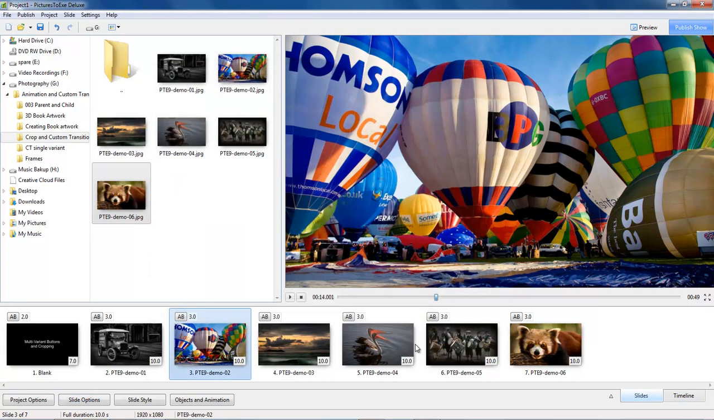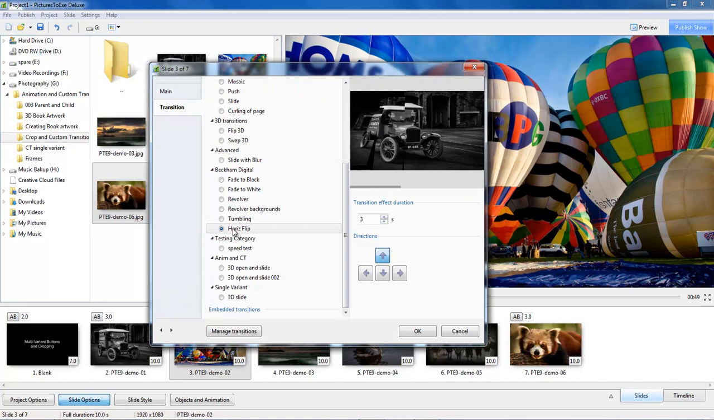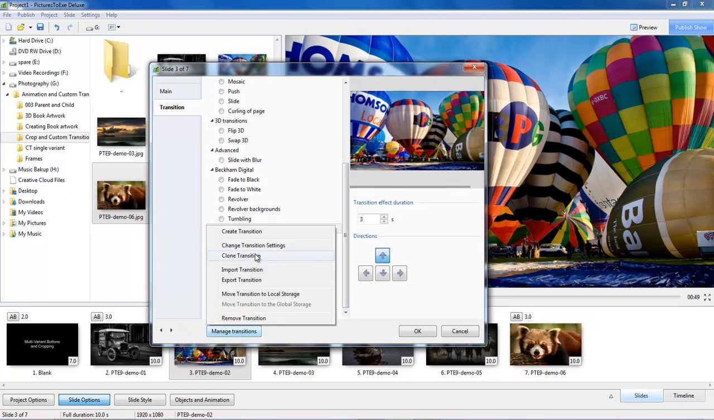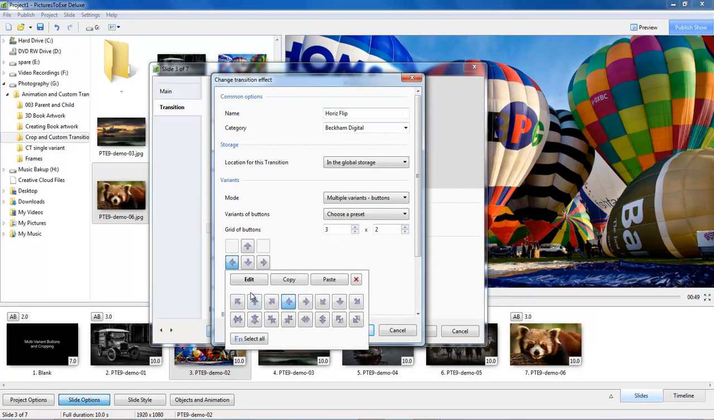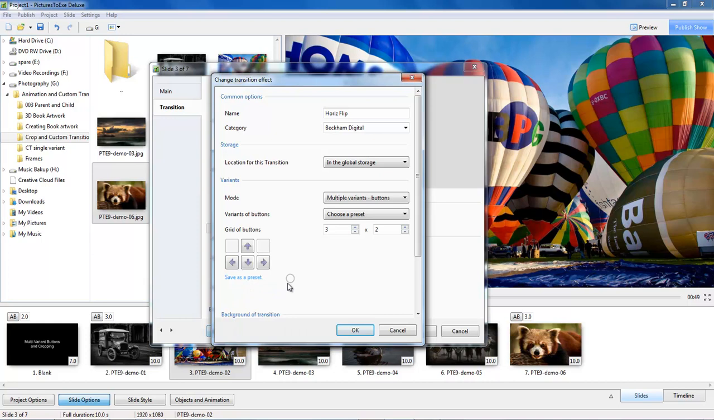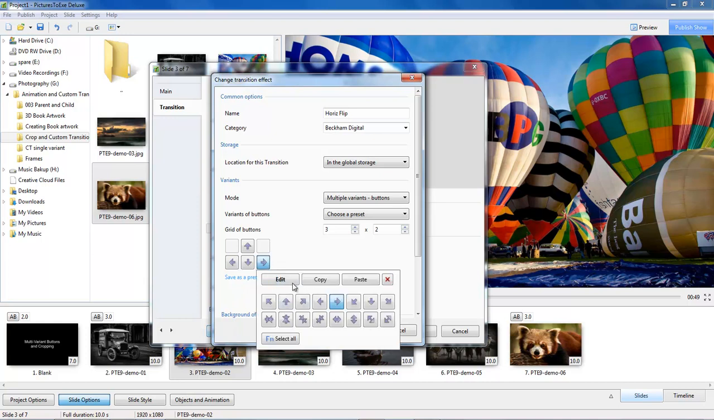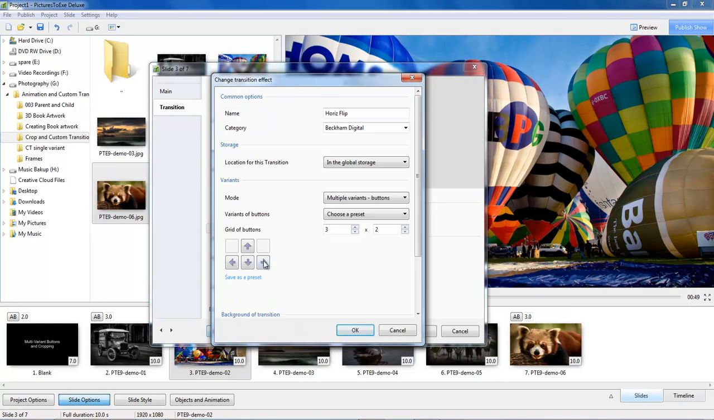The 4th one, I'm sure, is going to be pretty easy. All we need to do is to reverse what we've just done, and we've got the rotation the other way. Now there's so little left to do here, I think we may as well go ahead and do it. So horizontal flip, manage transitions, change transitions. We've done this one, so if I copy that one and paste it to the right, and then edit that one,